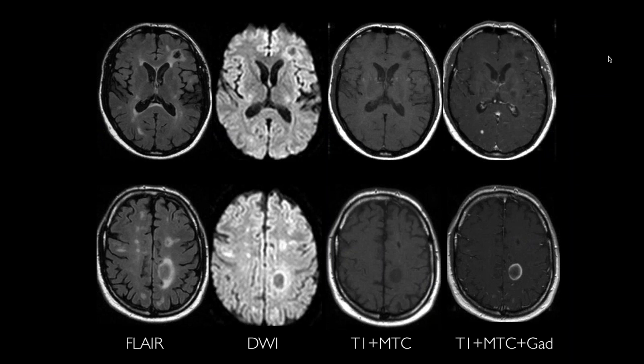You see from left to right, FLAIR, diffusion, T1 without and T1 with gadolinium. And the yellow arrows are pointing to an enhancing lesion in the left parietal white matter. There's also a small punctate enhancing lesion in the right occipital area, and these are active plaques. Now, if you focus your attention for a moment on the left frontal region, you will see a fairly big lesion that is actually not enhancing, and that means there is no breakdown of the blood-brain barrier. You can see that there's actually some tissue loss,